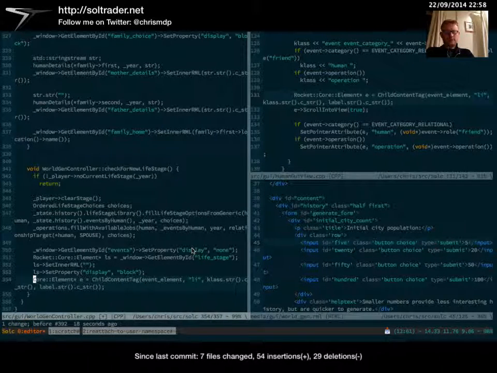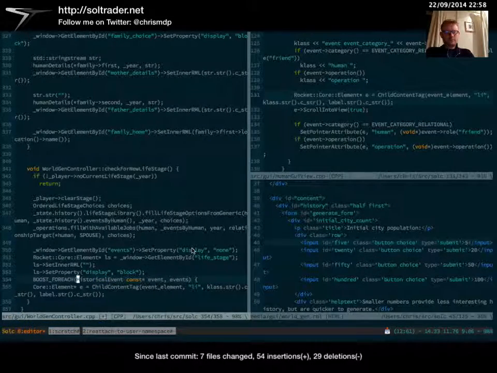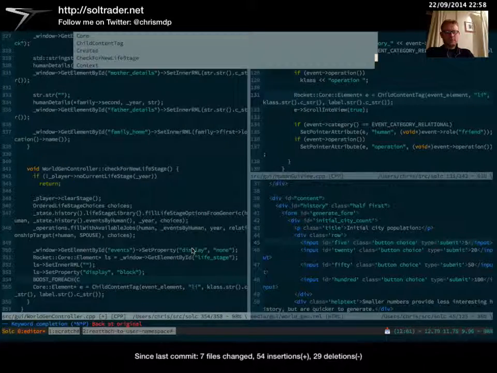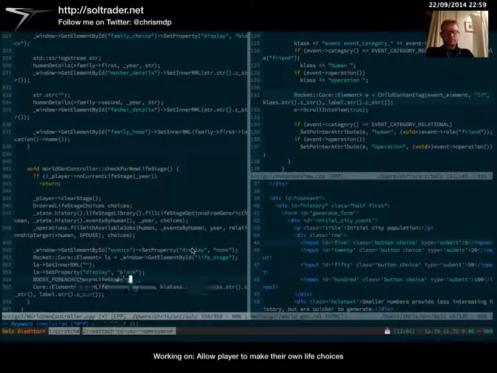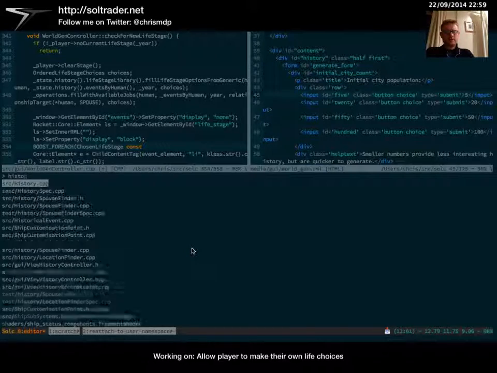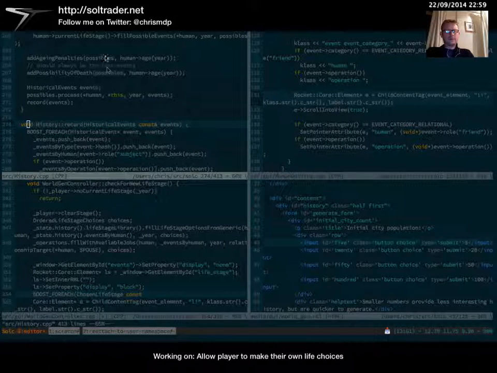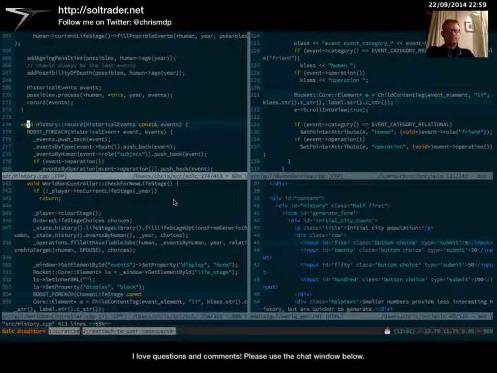We also need to say boost for each chosen life stage const. Also we need the history running here so I can see what's going on. What's going on here? What I'm trying to do is show how the buttons might look on the actual screen. That's what I'm working on. So